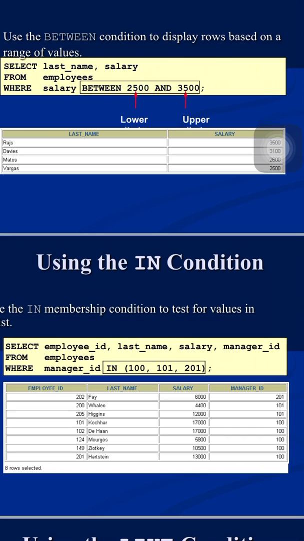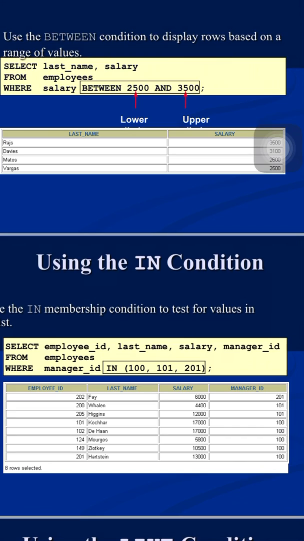Say for example, we have 3 departments in our college: computer, electronics and civil. So computer is having an HOD, electronics is having an HOD and civil is having an HOD. So I want to print all the employees whose HOD is HOD of computer, HOD of civil and HOD of electronics. Okay, so there will be some employees with manager ID 100, which is say computer. There are some employees whose manager ID is say 101, which is say electronics, and some are 201, which is say civil. So instead of writing 3 different queries and then clubbing their answers, we can write this in a